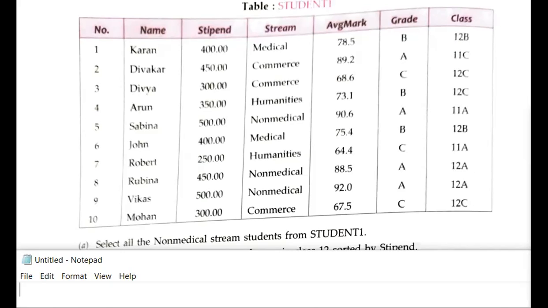Naman correct. Achal also correct. Twinkle correct.